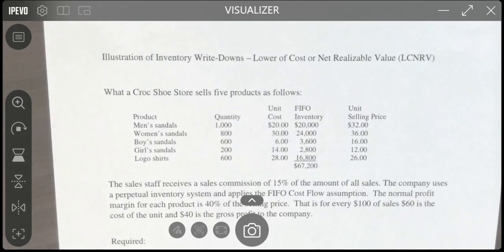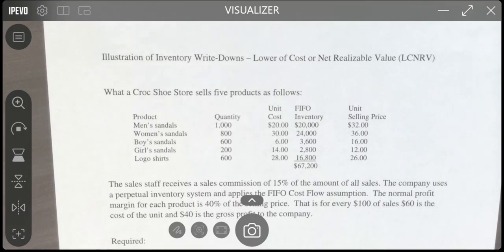All right, this is a case illustrating inventory write-downs when the lower of cost or net realizable value method is appropriate. So for that first question, look back and see when the lower of cost or net realizable value is appropriately used. A Croc shoe store sells 5 products as follows: men's sandals, women's sandals, boys' sandals, girls' sandals,